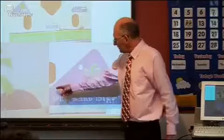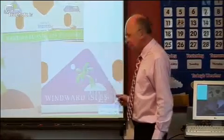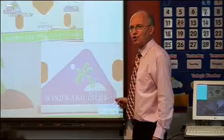Every Caribbean island rises steeply from the Caribbean Sea to a volcanic peak at its centre and descends steeply to the Atlantic Ocean on the other side. How about that? Not many people...